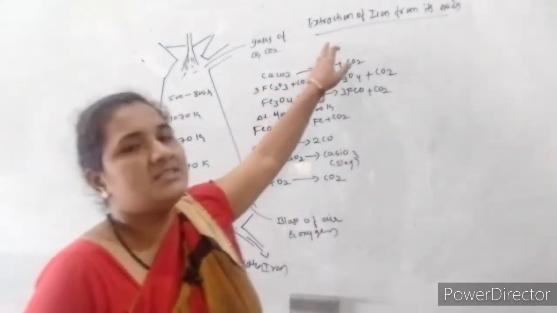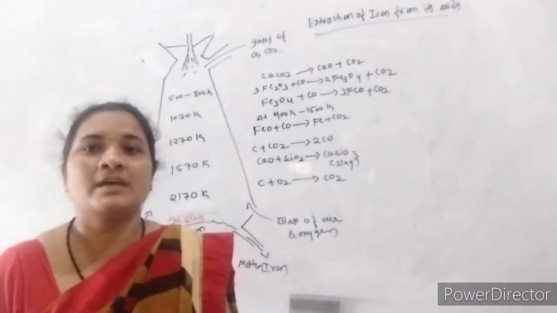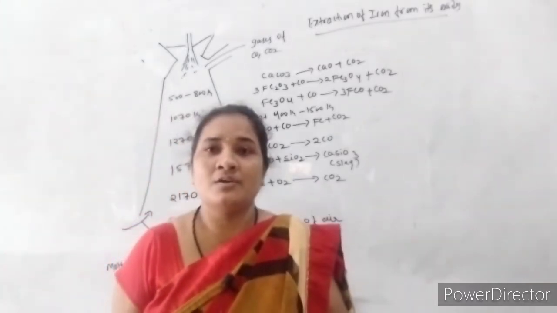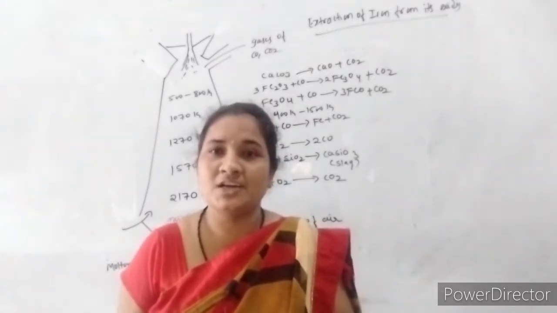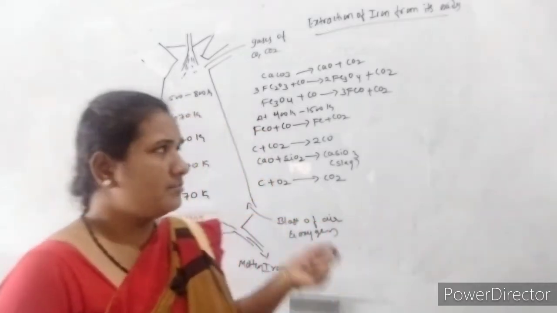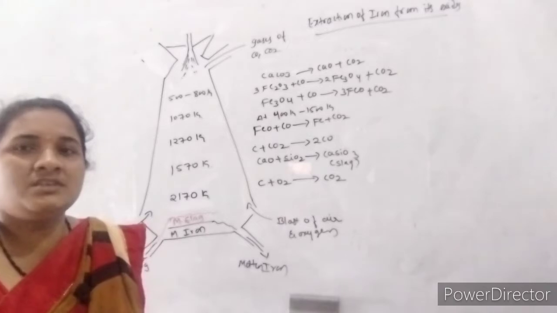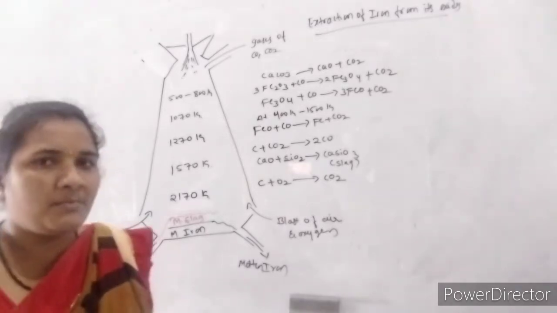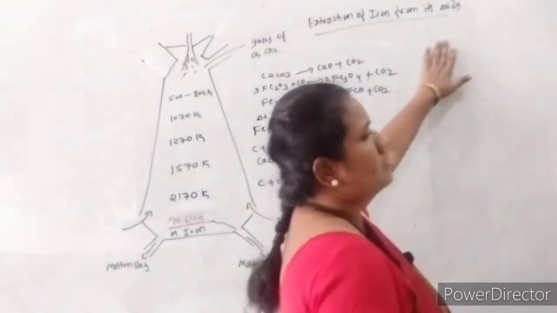It is one of the important applications of the Ellingham diagram, because the Ellingham diagram tells which kind of reducing agent is suitable for the reduction of metal oxides into their corresponding metal. That's why, with the help of the Ellingham diagram, we are able to choose the reducing agent for a certain kind of metal oxide. Here I am taking the extraction of iron from its oxides.